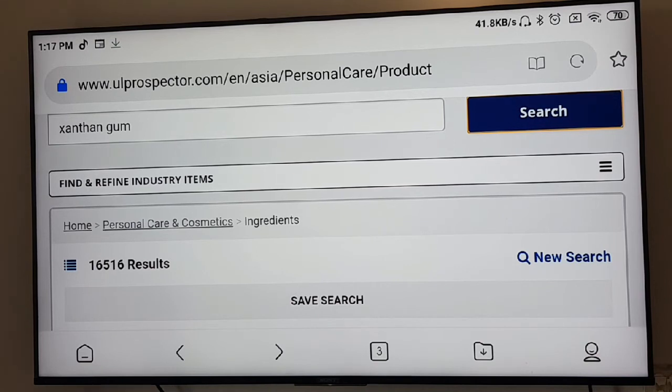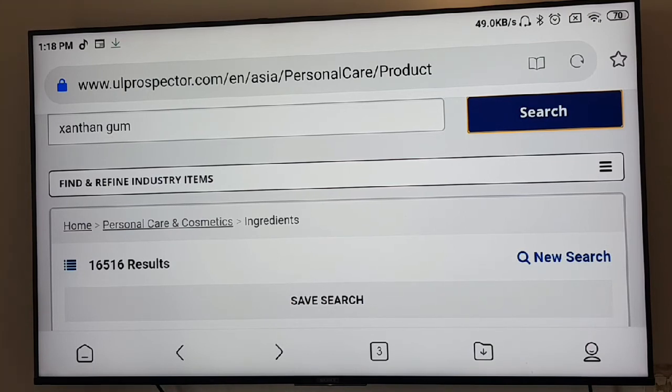And if you want to use a new ingredient in your formula, you can search whether it is listed here and get more data about that ingredient, who is the supplier, how it is suggested to be incorporated in the formula, and what various formulations can be made using that ingredient. You can use this.